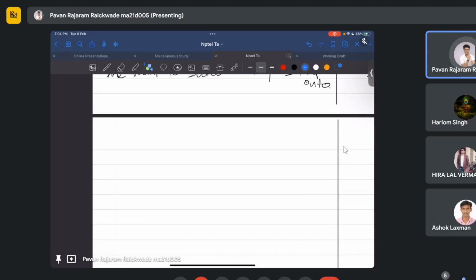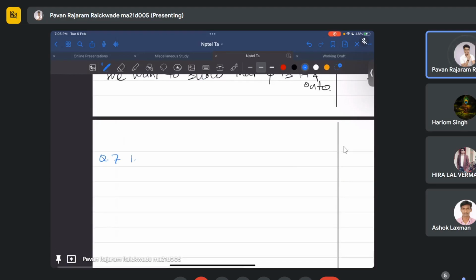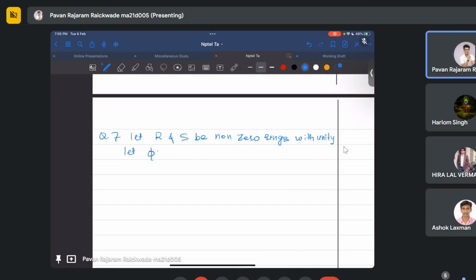We have question number 7. Let R and S be non-zero rings with unity and let phi from R to S be a non-zero ring homomorphism. Then A, we have to show that